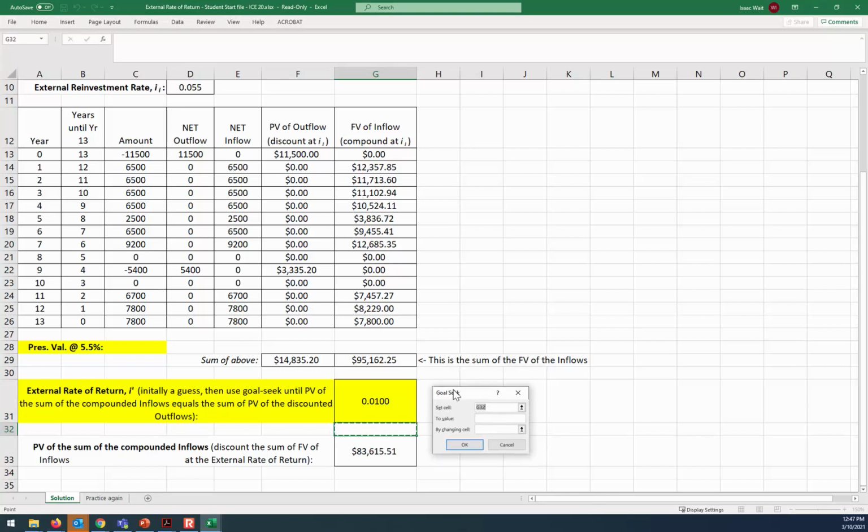For that, we want this to be equal to, and we have to manually type in the amount that we're looking for, 14,835 and 20 cents by changing what's in the yellow cell. The yellow cell isn't a formula, it's a number, and then through goal seek, Excel will iterate many different times and find the correct interest rate that gives you balance here versus there. All right, thank you. You're welcome.